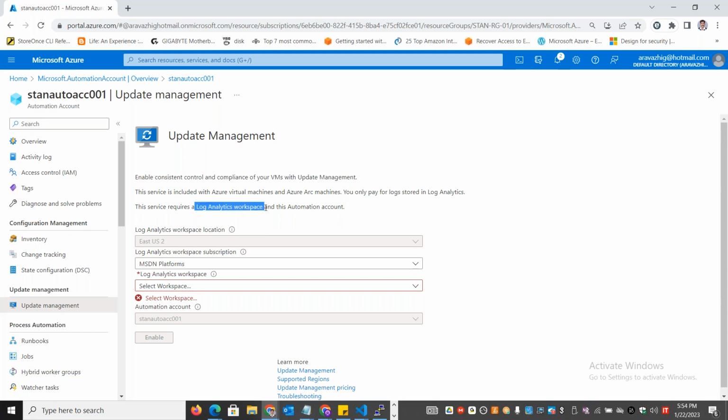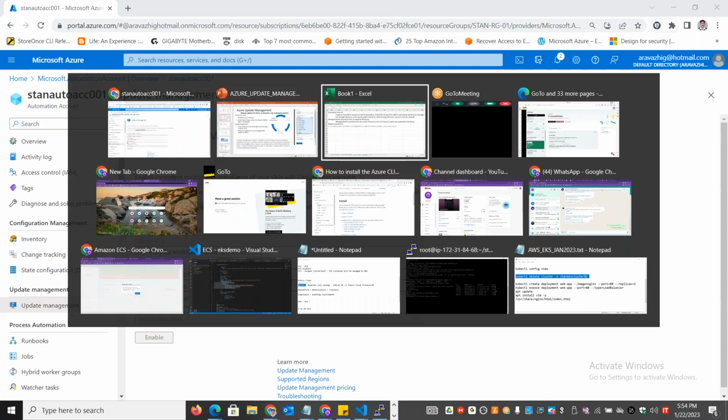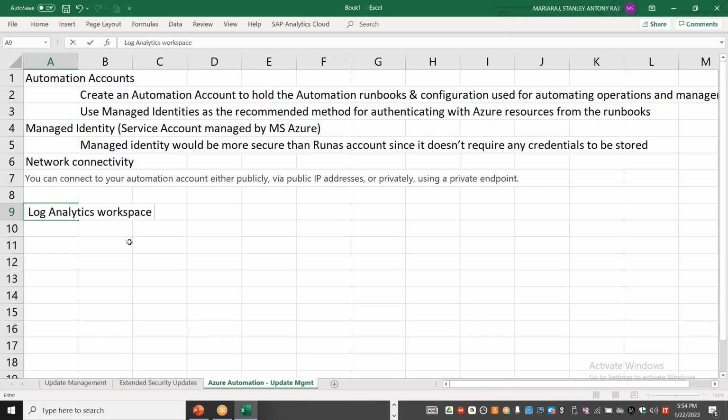What is this log analytics workspace? Log analytics workspace is a storage account with analytics embedded into it. It gathers the information from each of your servers, whether the patches are already installed or what kind of patches are missing. All those logs will be collected and stored in this storage account. So log analytics workspace is nothing but an Azure storage account with machine learning and analytics enabled on it. It is an intelligent storage account, I would say. In other words, we can call this log analytics workspace an intelligent storage repository